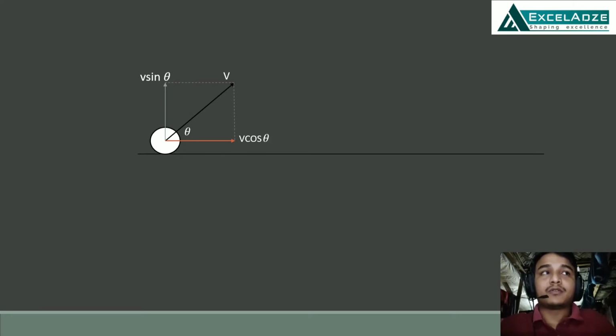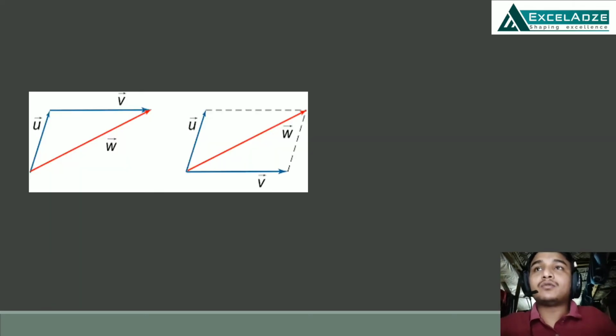Okay, let's move forward. When we have two vectors, we can add them to find a single resultant vector, by using the triangle law or the parallelogram law. So when two vectors can be converted into one single resultant vector, that resultant vector can also be converted into two vectors. That's what we are doing in the resolution of vectors, and we have an advantage in doing so. Let's see how.